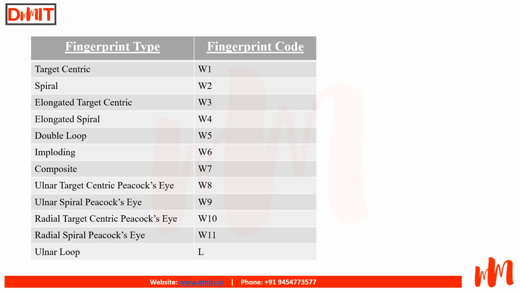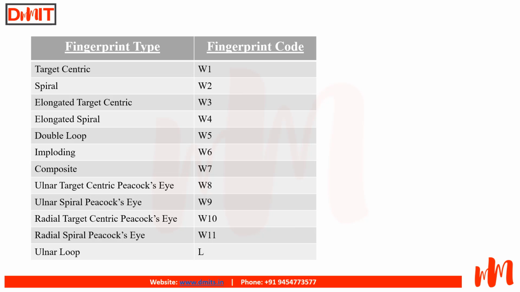The first one, target centric, the code will be W1. In case of spiral, it is W2. Elongated target centric, it is W3. Elongated spiral, it is W4. Double loop is W5, imploding is W6, composite is W7, ulnar target centric peacock's eye W8, ulnar spiral peacock's eye W9, radial target centric peacock's eye W10, radial spiral peacock's eye W11,